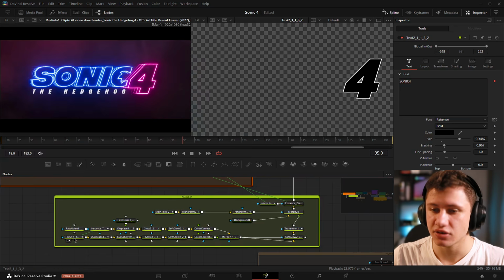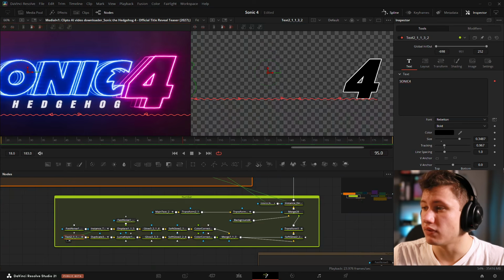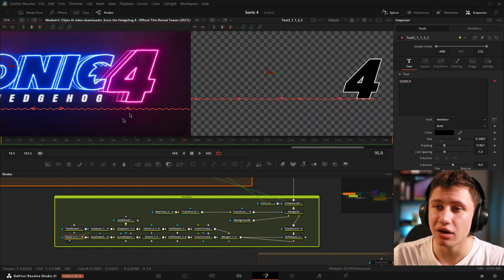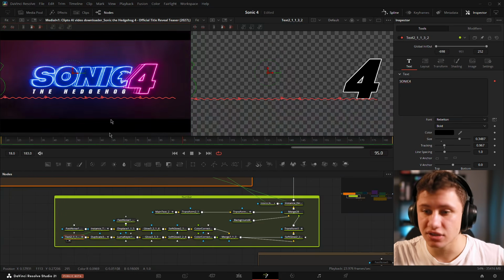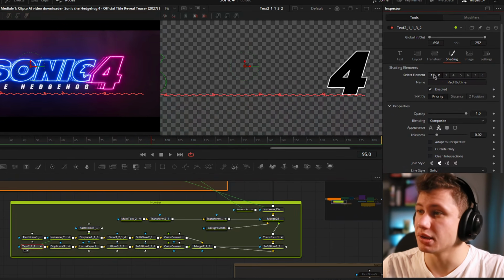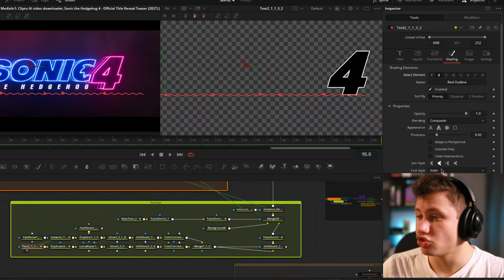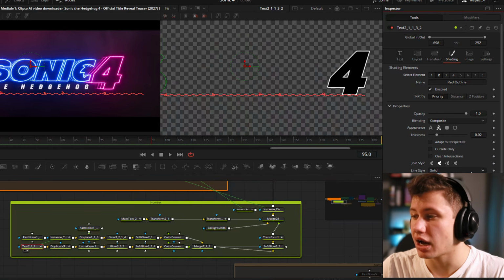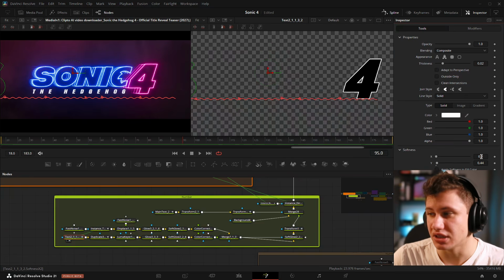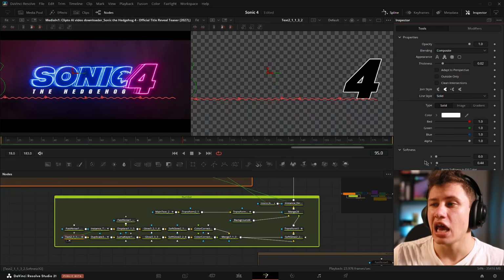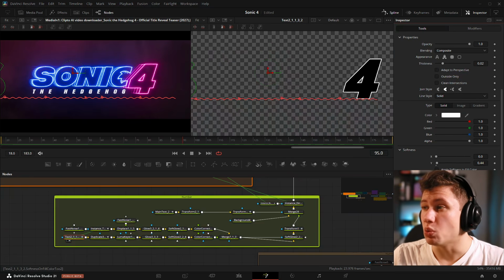original Sonic text. Of course, we're using the same font. We've adjusted our size to be a little bit bigger than the original Sonic text because that is how it is in our reference. Right, we've got both of our shading elements turned on. The difference is that with shading element 2, we have turned it up to be white. Then with the softness, we've left the X softness all the way down, and we've only turned up the Y